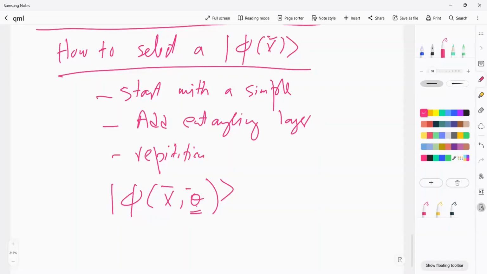This method is sometimes called kernel alignment, where we have a trainable parameter inside the kernel, which essentially combines the kernel matrix method or the support vector machine method with quantum variational circuit optimization routines. So let me stop here and